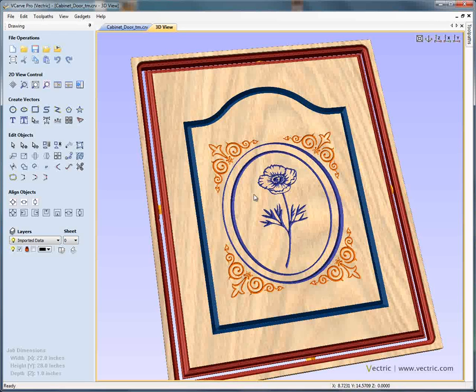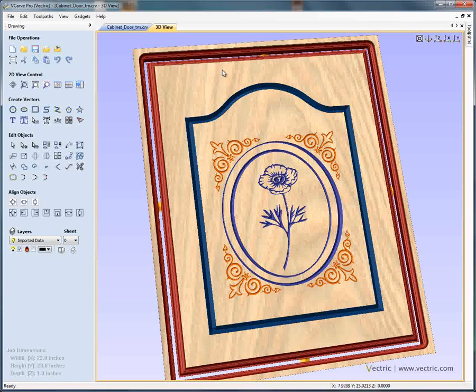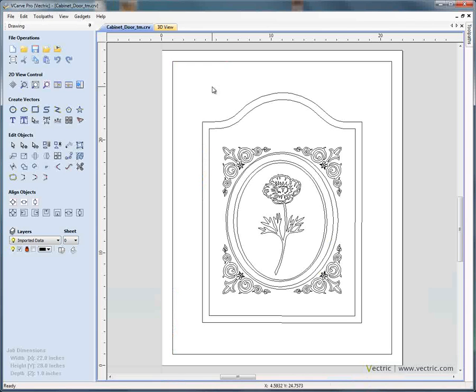Hello, in this tutorial we're going to show you how VCarve Pro or Aspire can be used to design and route a decorative door panel such as the one we have here in the three-dimensional view. We're going to show you how to import a design that's been drawn using another package, and then how to use the drawing and editing tools inside either VCarve Pro or Aspire to make changes and set the size of